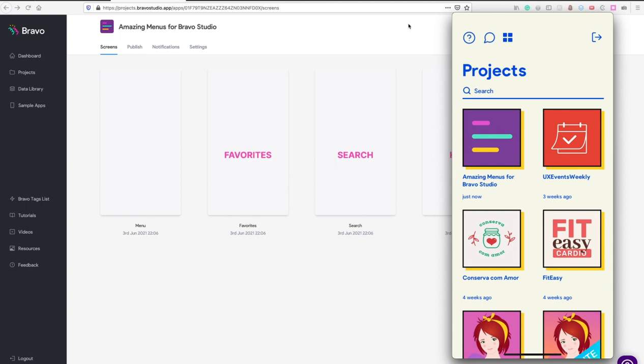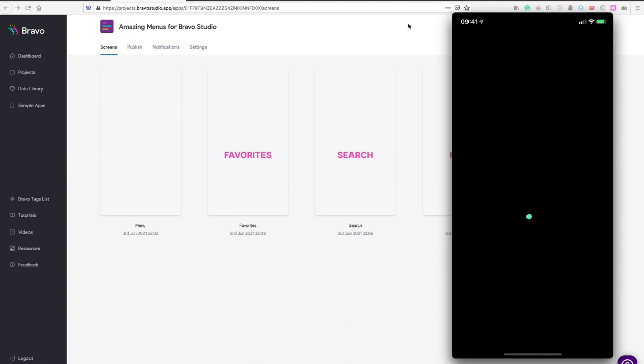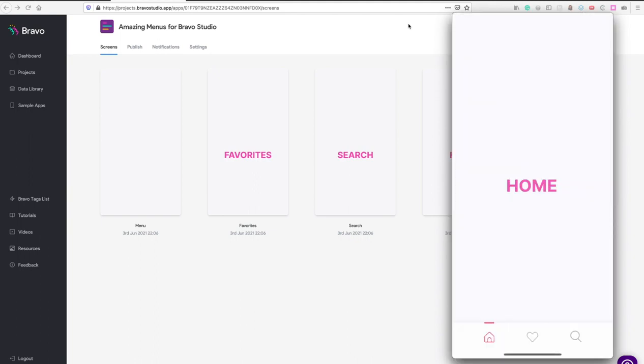We have the beautiful icon here with amazing menus for Bravo Studio. I will click on it. Let's see which menu appears. So we will have the latest menu, and if you see, when I click on it, it changes the page and also the icon. So this is the 5th menu